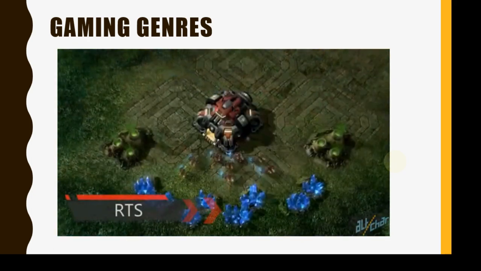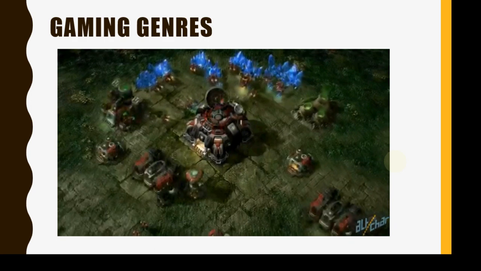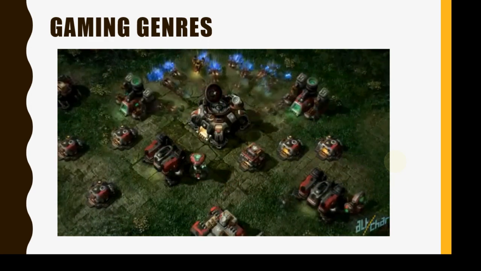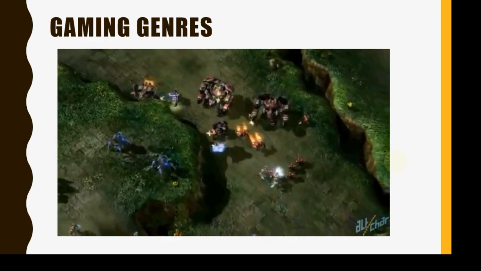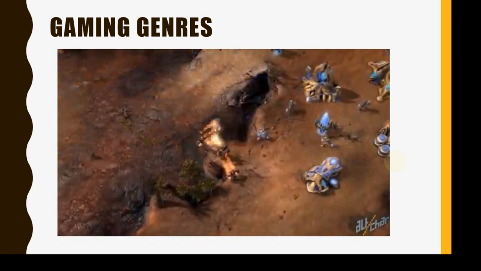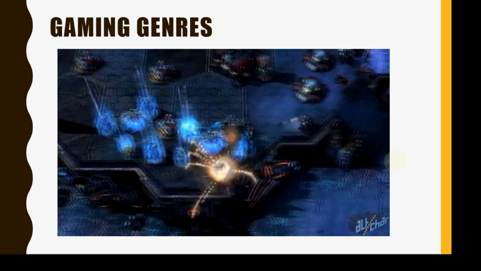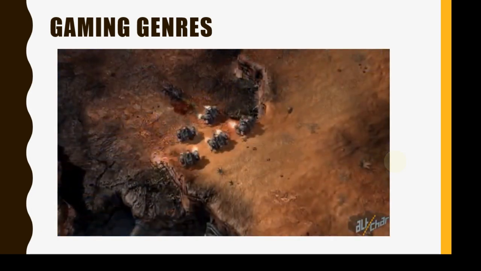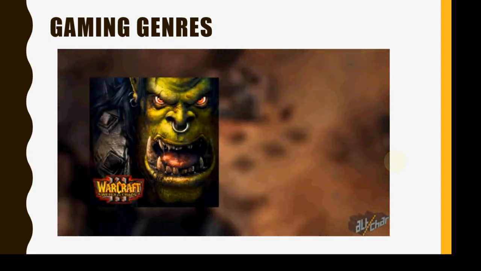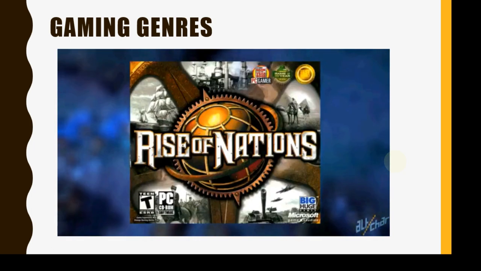Similar to MOBA are RTS, real-time strategy games, which follow a similar path but have key differences too. The object in an RTS is usually also to conquer an enemy by strategic maneuvering and warfare, but on a much larger scale. The maps can be huge. RTS are all about building armies, maintaining an economy, and creating perfect defenses to protect your dominion and against enemy troops. In RTS games, single characters don't play an important role, and you have to think much more in terms of whole armies, nations, and empires. The most notable examples of an RTS are Warcraft 3, Reign of Chaos, and Age of Empires, but a nice one to dip your toe in the water is Rise of Nations.